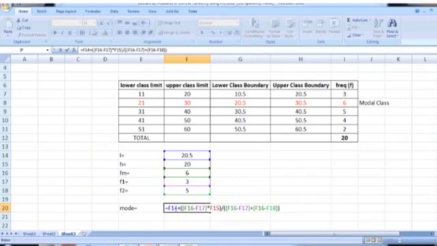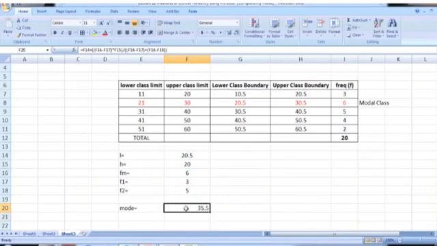So that's it. It is L plus Fm minus F1 times H whole divided by Fm minus F1 plus Fm minus F2. So pressing enter, we get the mode for the grouped data.